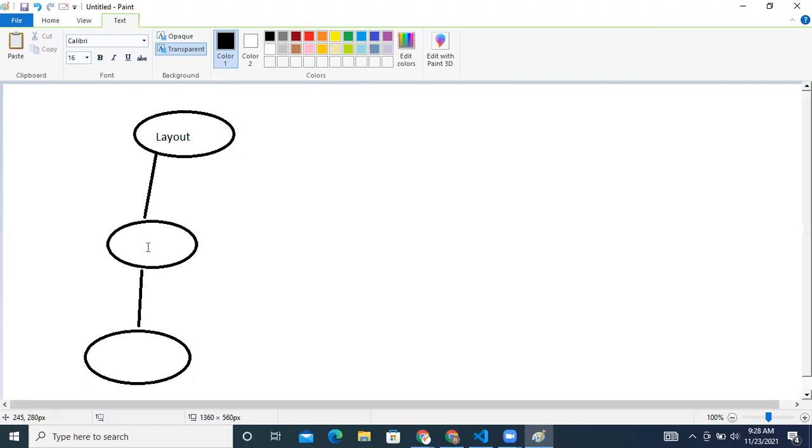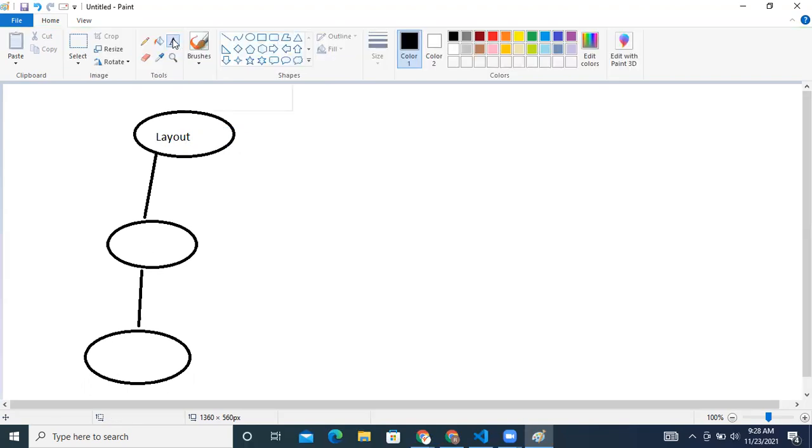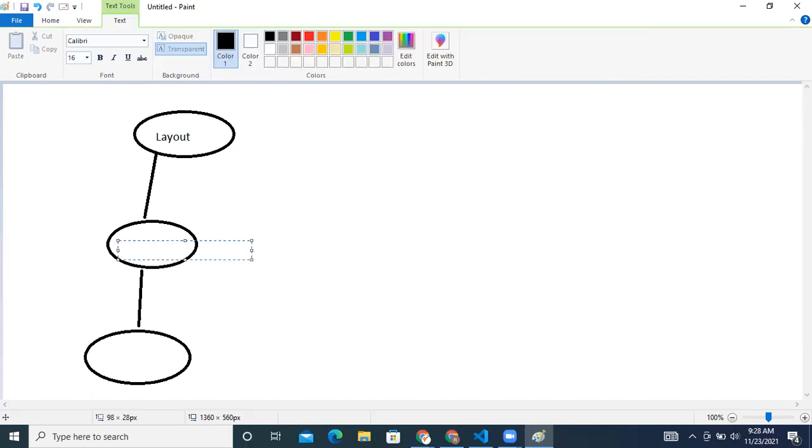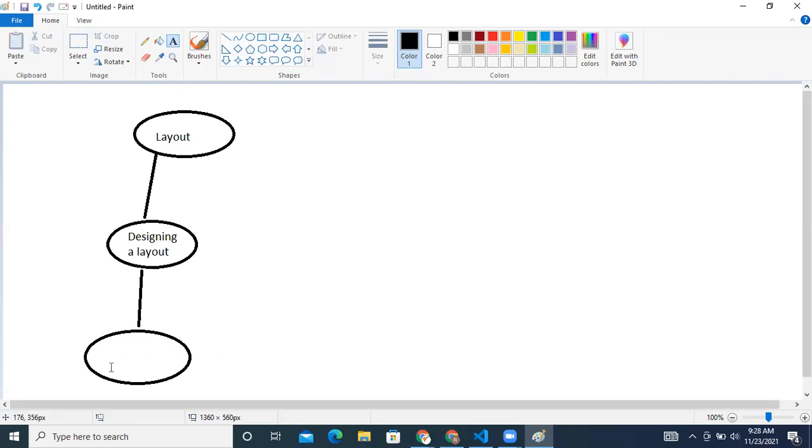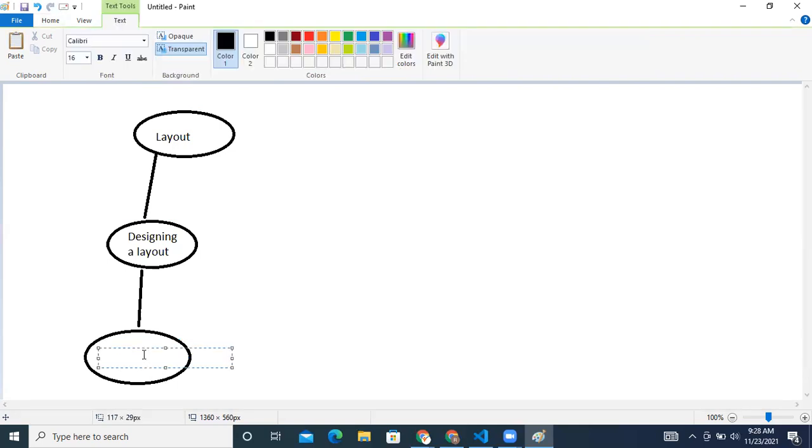Have you guys tried using flex and float, all these things? Have you tried designing a layout using normal CSS? Okay. So a layout is used for designing a web page.